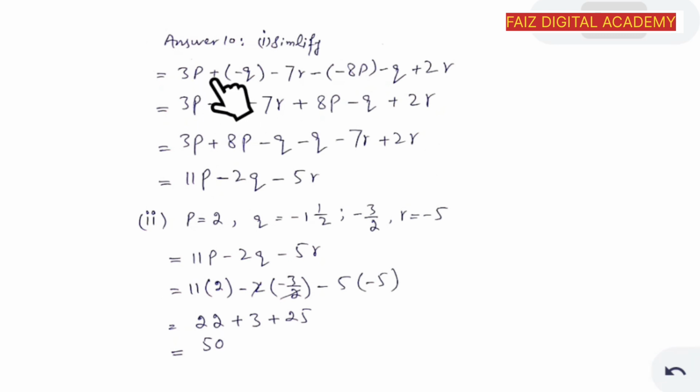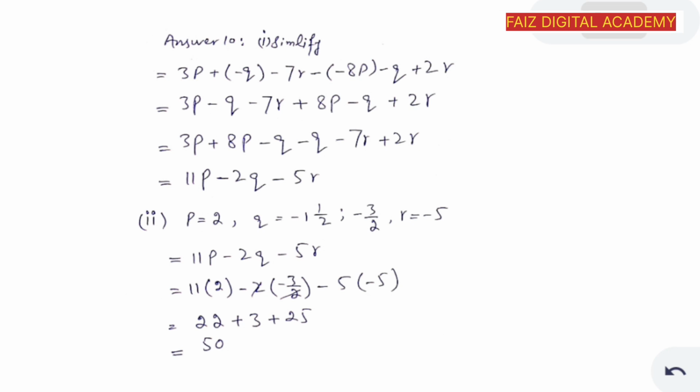So 3p is written as such, plus minus is minus q, minus 7r, plus minus minus plus 8p, minus q and 2r. So we just finalize the final signs after multiplication. Then we group the same type of variable like 3p and 8p, q and q, 7r and 2r, and solve them: plus plus plus 8 3 is 11p, minus minus plus 2q, plus minus minus 2 subtracted from 7 is 5r. That is the answer. So first step is